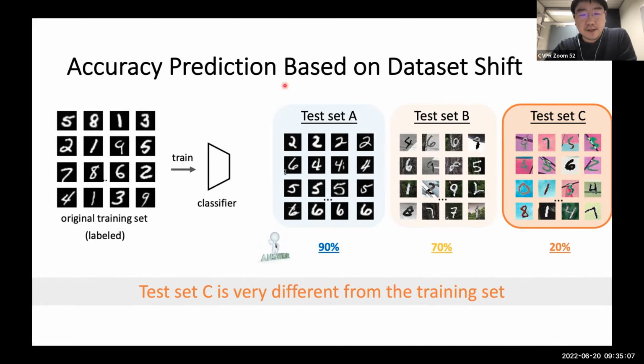Yeah. So Nimisha, your question is how to calculate the similarity, how is distribution shift quantified? This question is exactly what I'm going to talk about in my next slides. The literature tells us the qualitative relationship between domain gap and classifier accuracy, and I'm going to talk about how we can quantify this relationship.